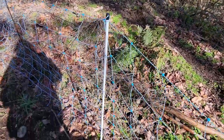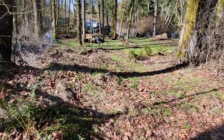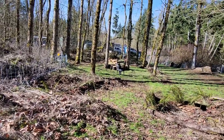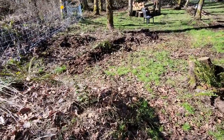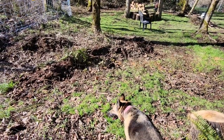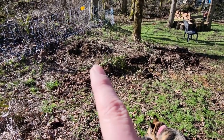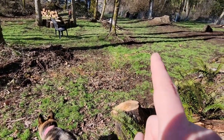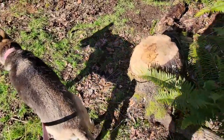Yeah, Freyja, the elk are back. There goes a hawk. You can see this whole section. If you watched one of my pasture clearing videos, this is where the stump of that big tree that fell down went all the way out to like here. And here is the actual stump that